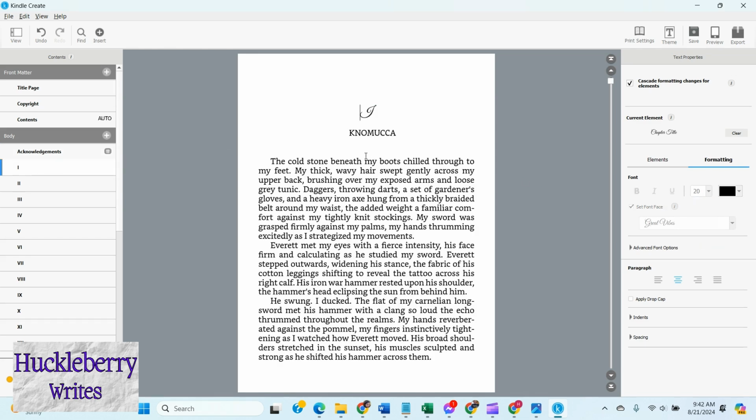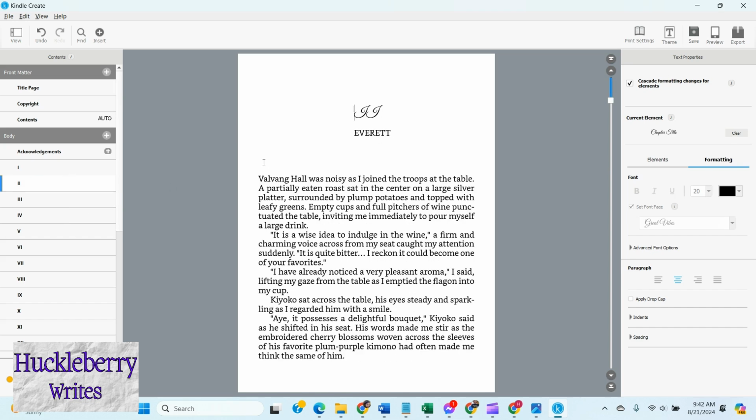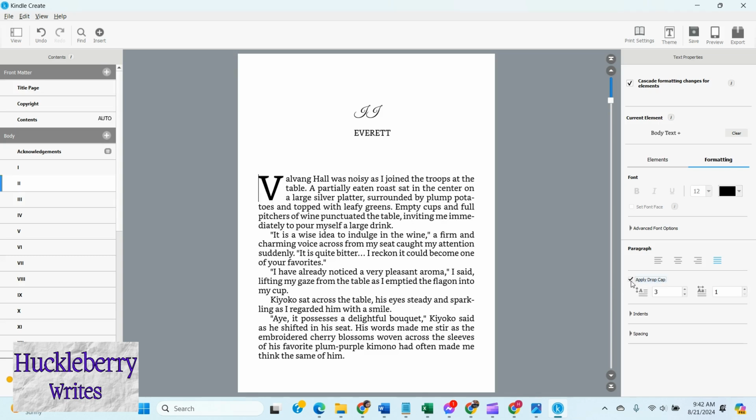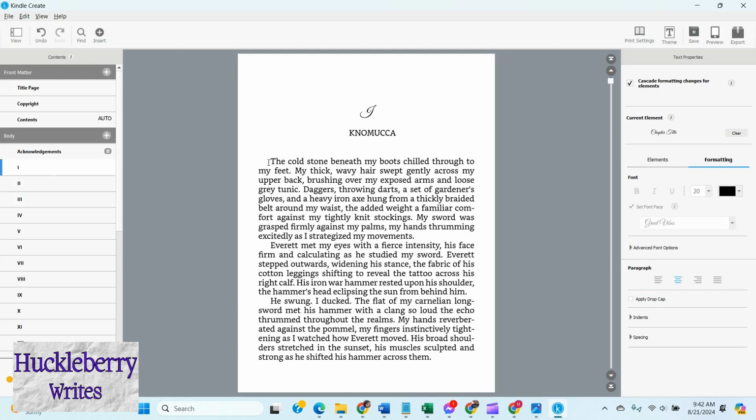The other things I do, I like doing drop caps. I did that in the book, and it's really easy here. They have a button, apply drop cap. Easy peasy. I said to take out that first line indent before coming over here, because if I don't, the